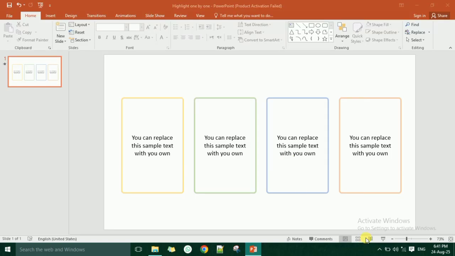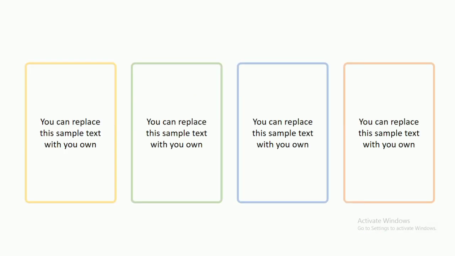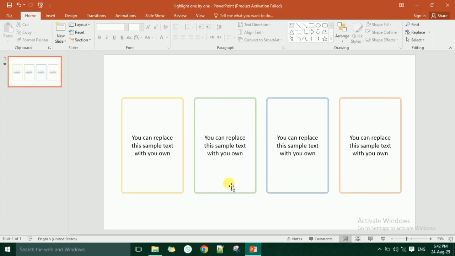Hi, in this video we will create an animated PowerPoint slide. Let me show you the preview first. When you click first, the first point is highlighted, then on next click the second point is highlighted. In the same way third click and fourth click, and on the last click everything regains its original position. After that you can move to the next slide.